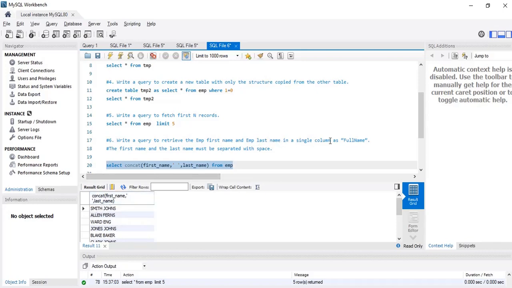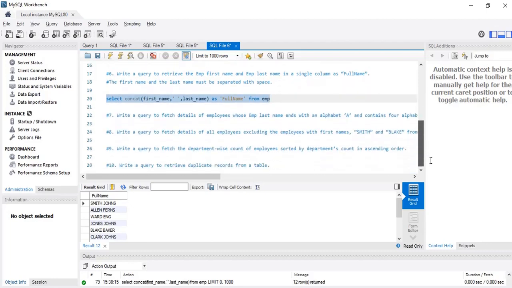But you have to print it as a single column with the name full name. Right now it will print concat, but if I want to change it, I will use an alias. So I'll write like this. As you can see, the column name is also changed. For that we'll use alias. And when we want to combine columns or add some character or anything, we use concat. And when we want to cut short a column or a string, we use substring.